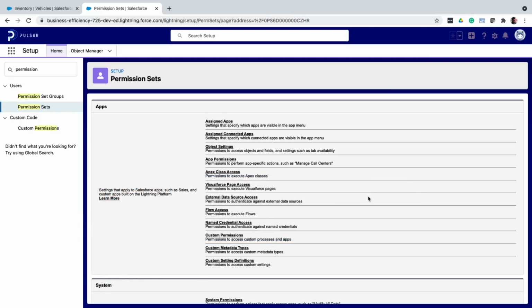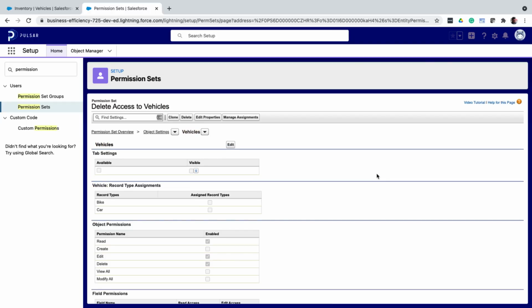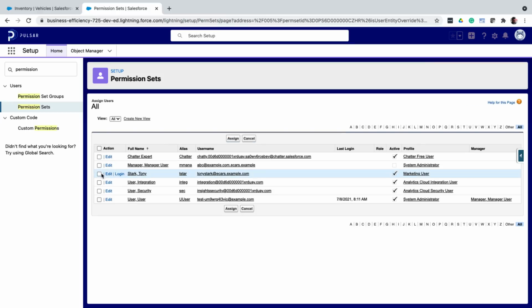So let's say the 2 sales reps need access to delete vehicles. For that, I create a permission set, and in object settings for the vehicle object, I just select delete. And then I click on manage assignments. That lets me add this permission set to users.